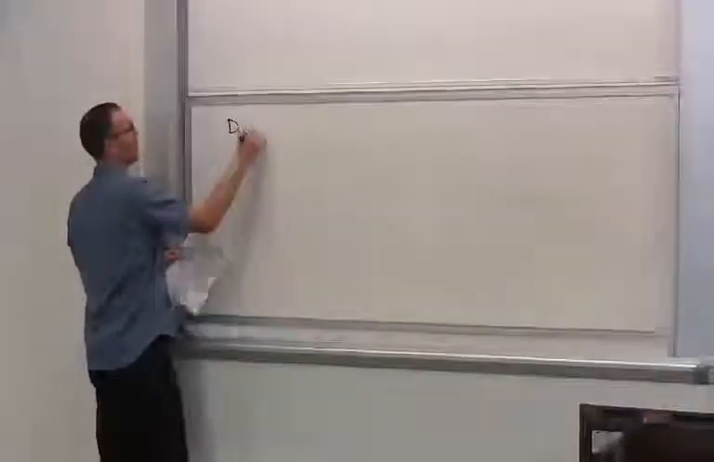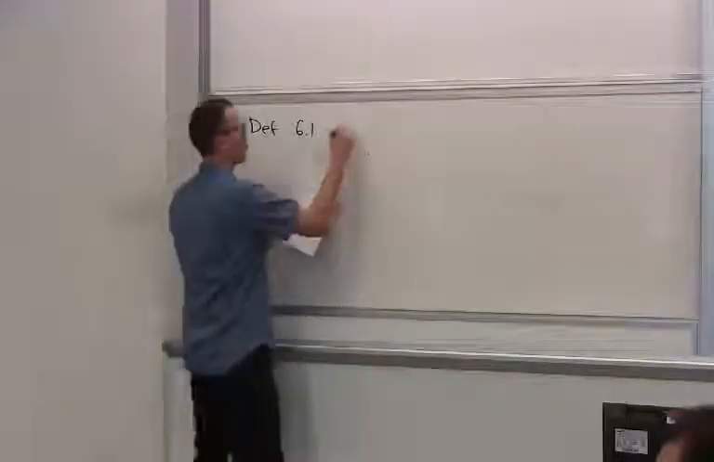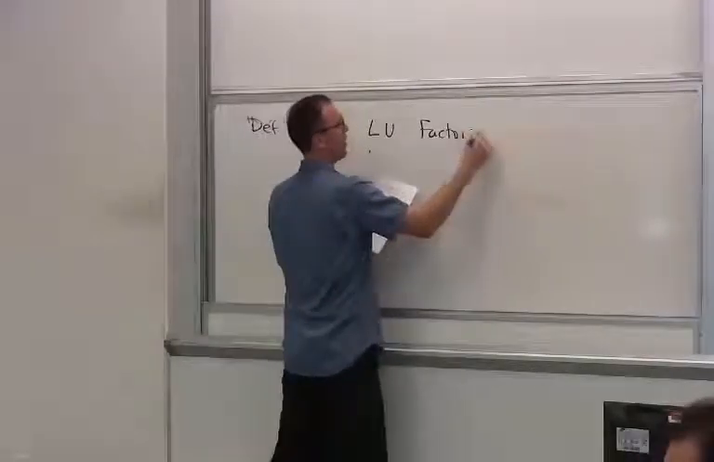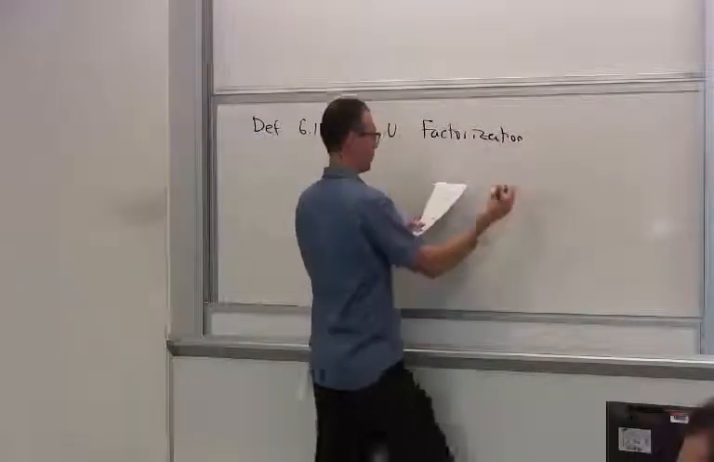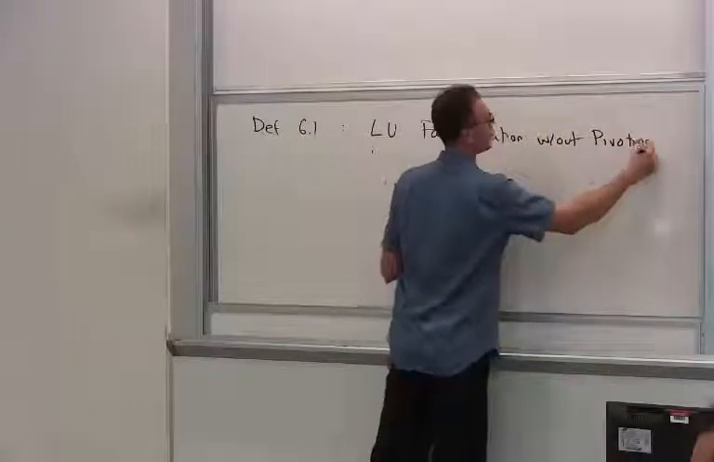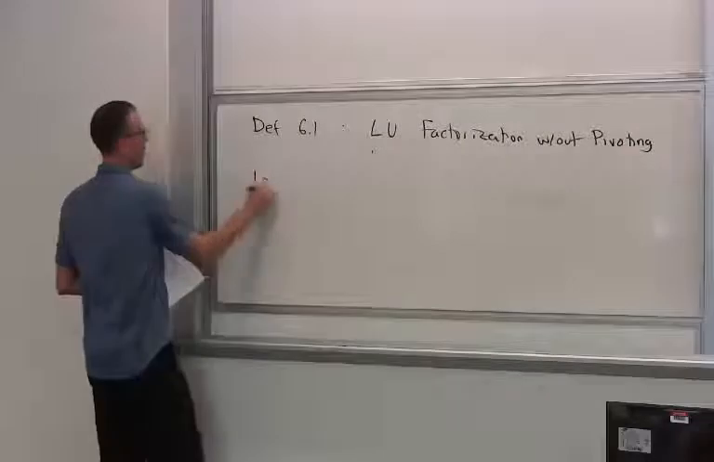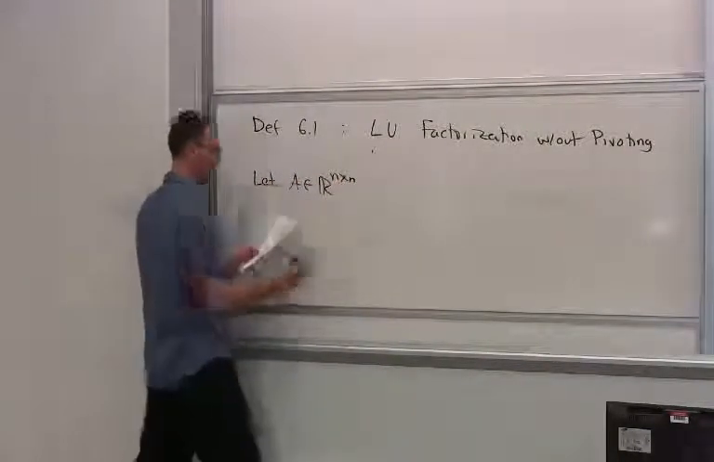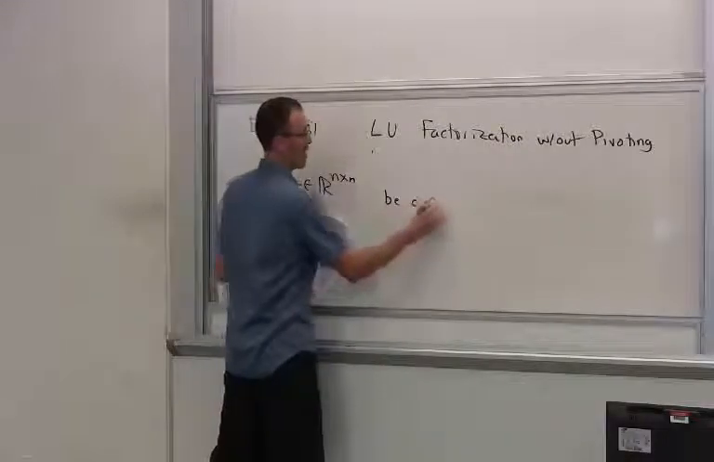So let's go ahead and call definition 6.1. We'll call this LU factorization without pivoting. So we're going to let A be n by n, be a given